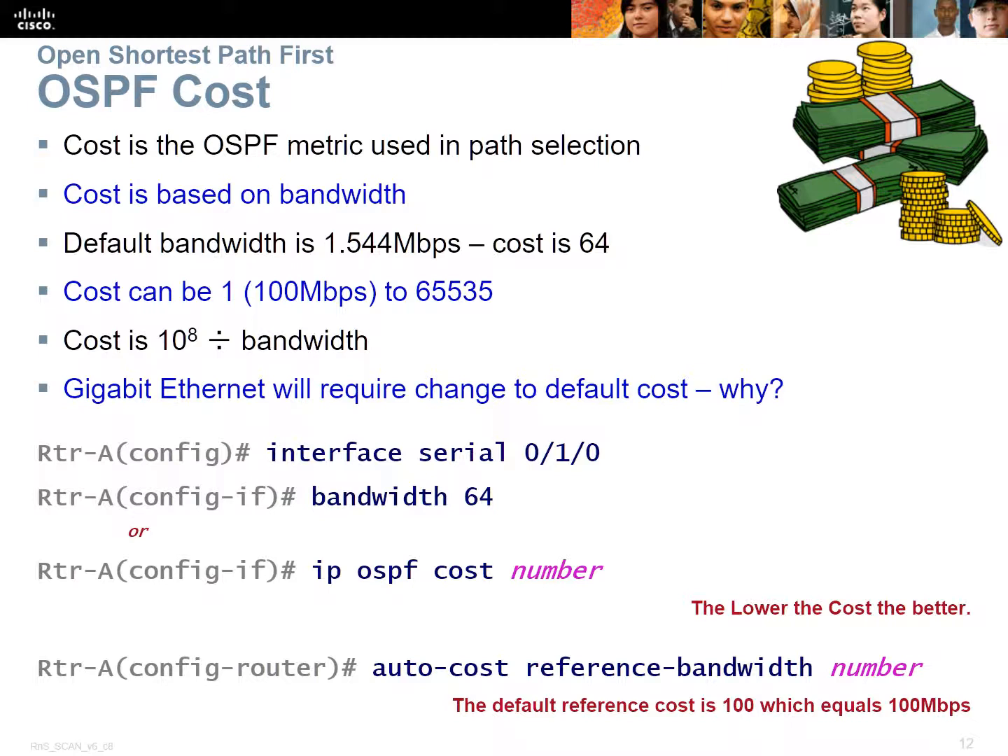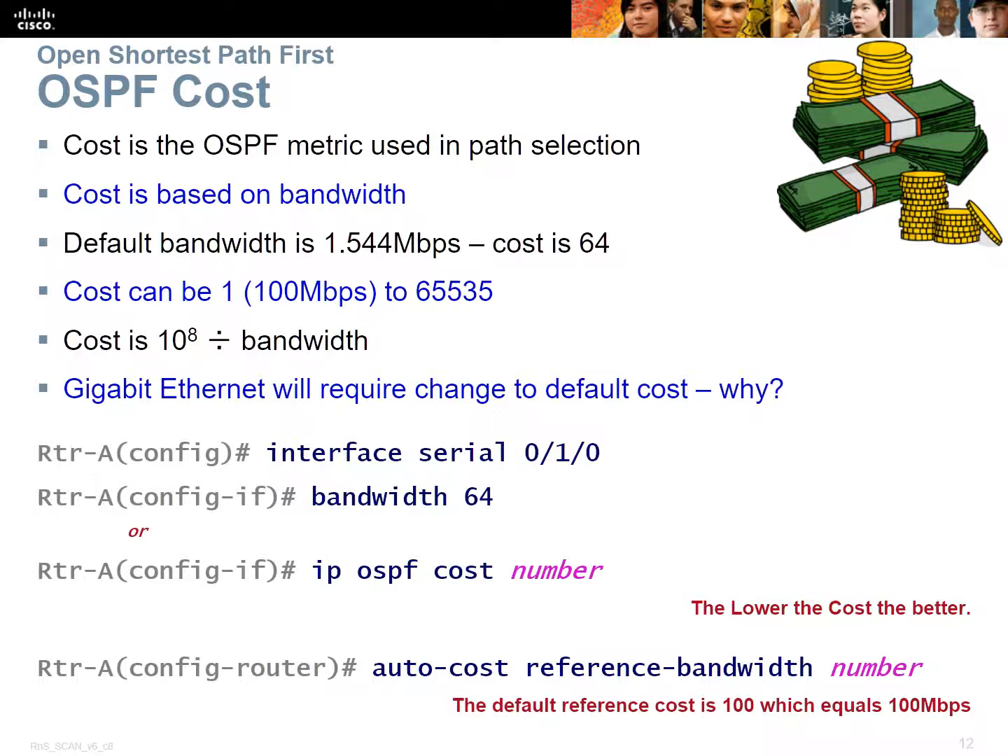You can manually set the cost, but you've got to do it everywhere, because you can't have two routers thinking that the same link has a different cost. But an easier way to do it is just to move that mathematical calculation of 10 to the power of 8 divided by bandwidth, add a few more zeros on the end. So rather than say 10 to the power of 8 divided by bandwidth, make it 10 to the power of 16 divided by bandwidth. And therefore,